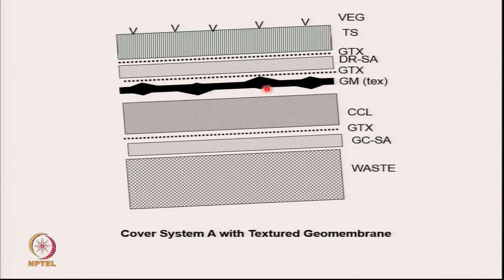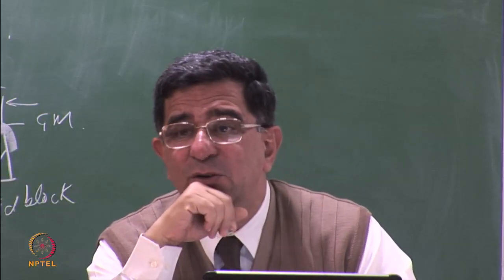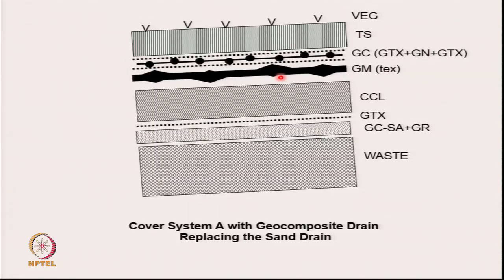We want to know what is this, because this could be the minimum value or this could be the minimum value. I cannot presuppose which one to check unless I have the values of delta. So this is one. Let's look at this. Here I have changed the sand into a geocomposite. I've said I don't need the sand layer, it's too thick, it's too heavy, creates too many problems, I'll do the roll. So now you have to look at the interface between the geomembrane and the compacted clay, the geomembrane